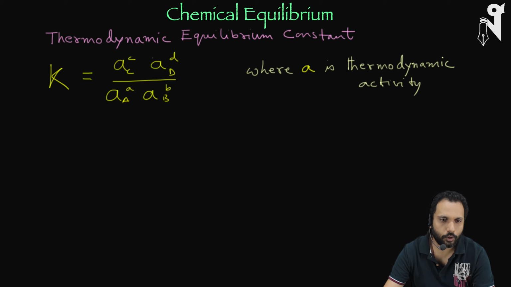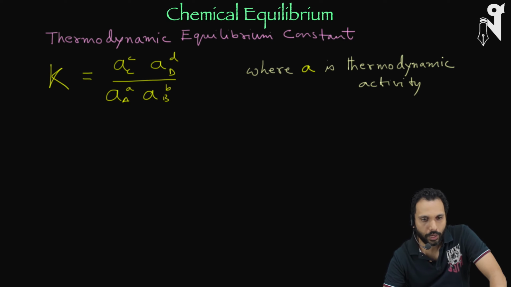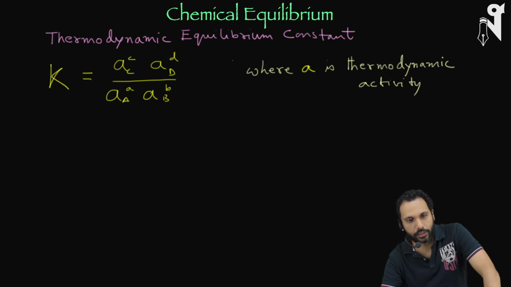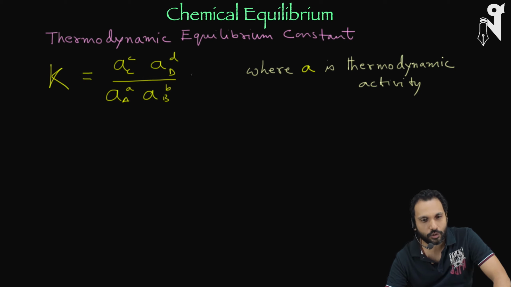Now let's have a closer look at the value of K, which is your thermodynamic equilibrium constant. Why am I spelling it out fully? Thermodynamic equilibrium constant, because I want you to spend a few minutes on understanding what it is, even though the specific part which I'm going to discuss right now is not in course. But if it is not discussed, it raises a lot of doubts later on, because this K value is going to come in other chapters also.